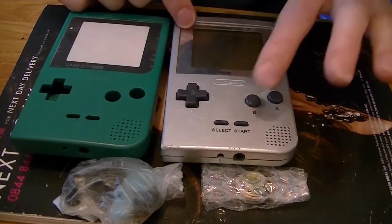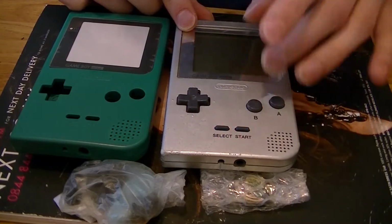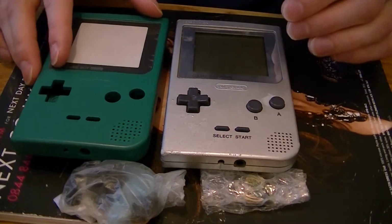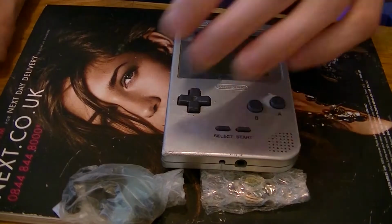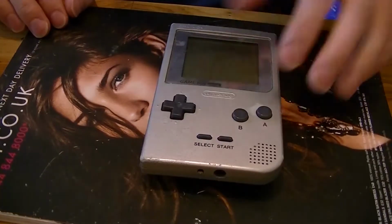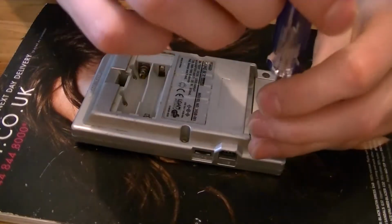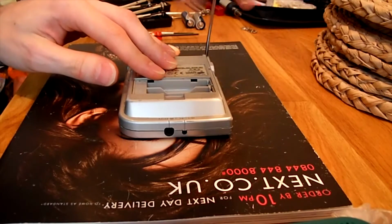And to be honest, I may even just spray paint this one up, sand it off and just spray it up, and then I can always swap it back. So yeah, hopefully it should be just a nice swapperoo. If you see my Game Boy Color video, I think I'm going to learn from my mistakes on that one, but yeah, if you want to watch that one, you see how not to put a case on a Game Boy Color,